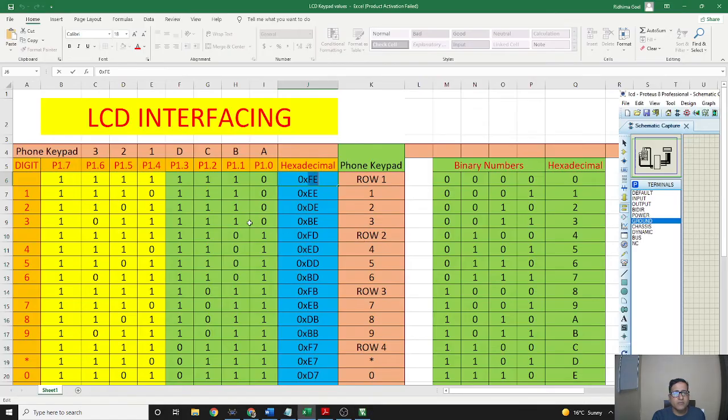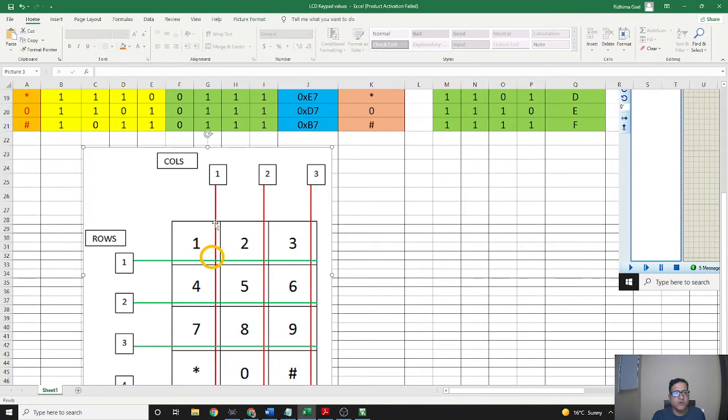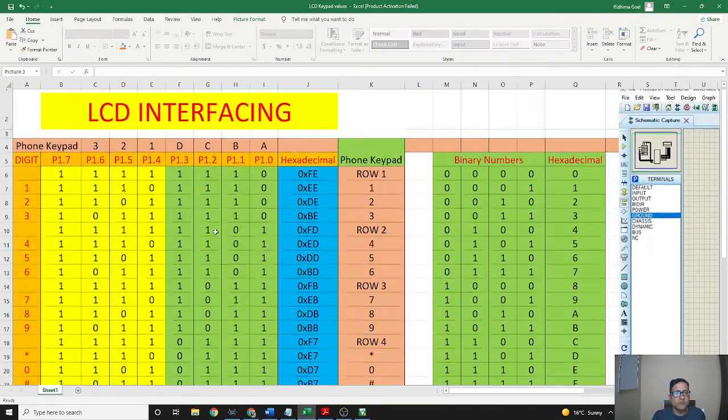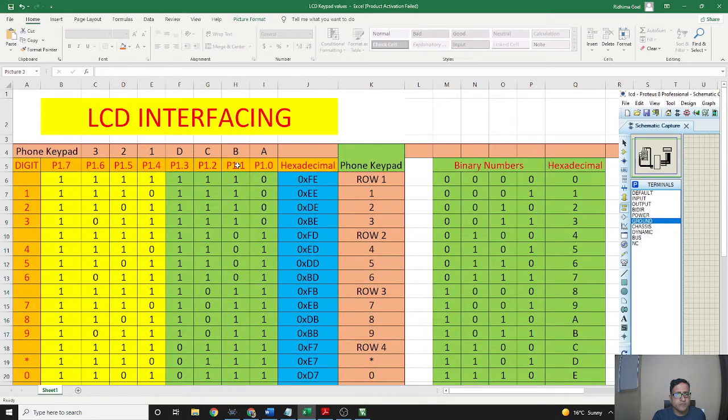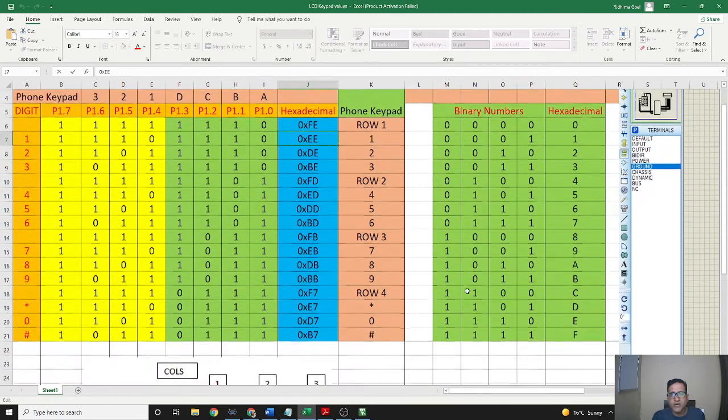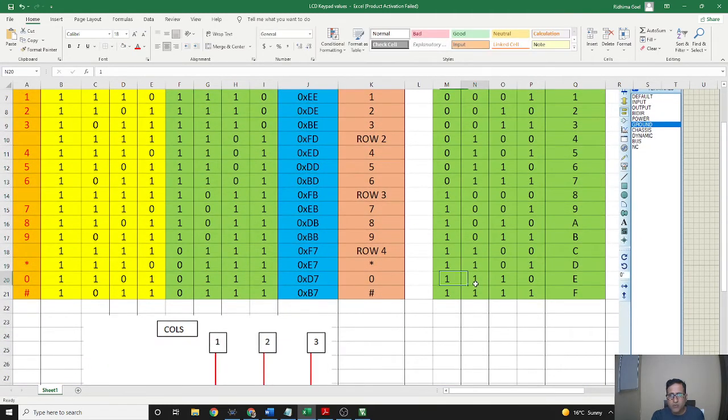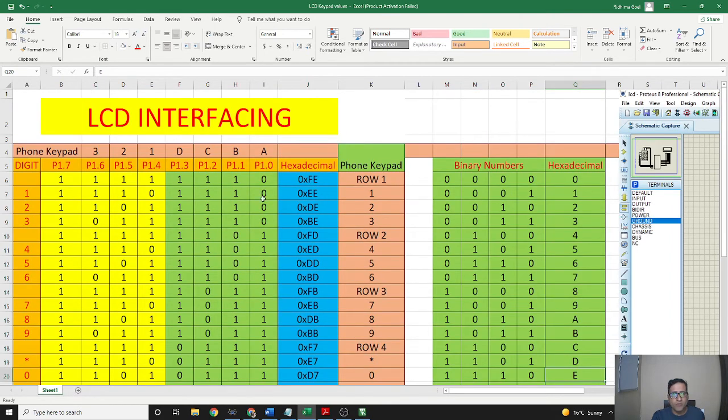After that, if 1 is pressed, this pin becomes 0, which is 0 here. So this 0 and this 0, and our hexadecimal number will become E and E. You can see 1110 is E. So both the hexadecimal numbers are E here.